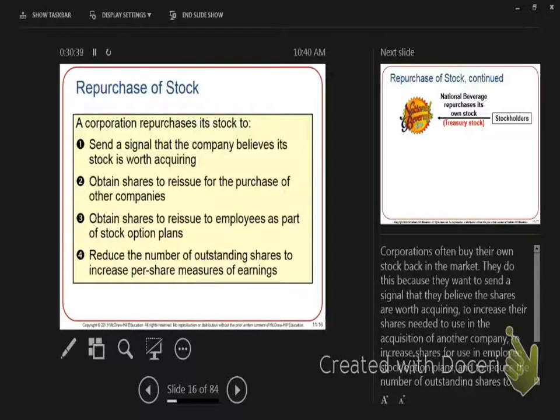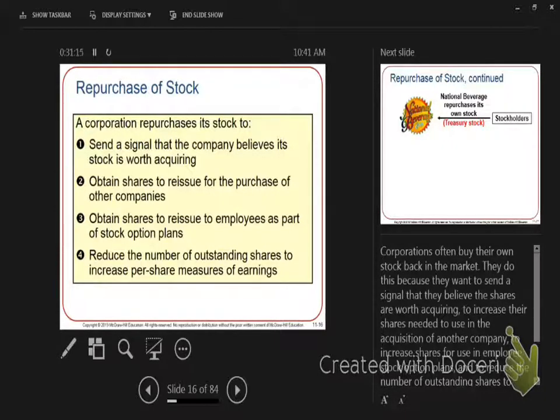You might do it to buy another company. When InBev bought AB, and when my company Mallinckrodt got bought out by Tyco, in order to go through with that buyout, you have to replace the other company's stock. So when Mallinckrodt got bought out by Tyco, for every share of Mallinckrodt stock that I had, I got 3 shares of Tyco. Well, the only way Tyco can do that is if Tyco has enough of its own stock to replace all of Mallinckrodt's stock. The only way you do that is by buying your own stock back.